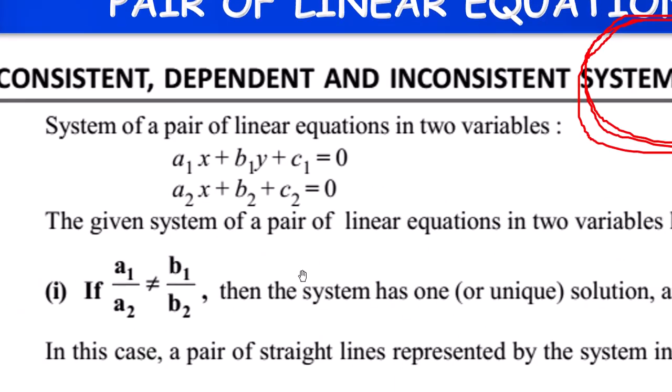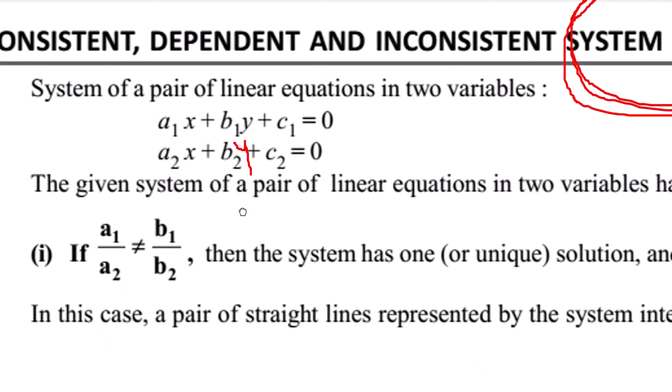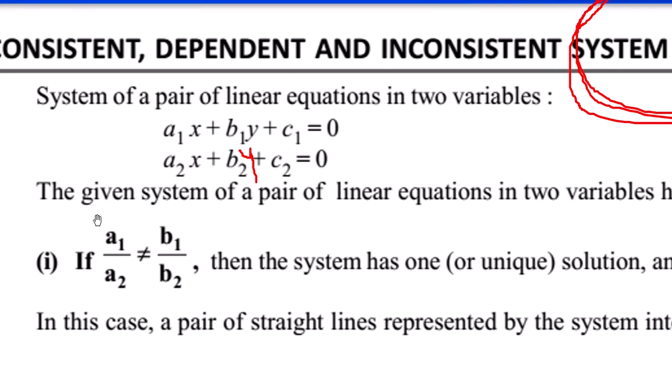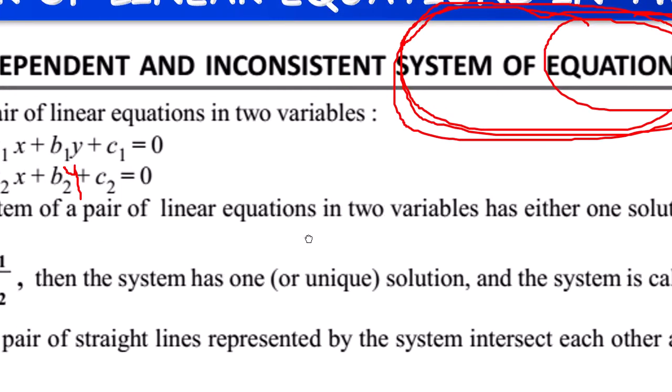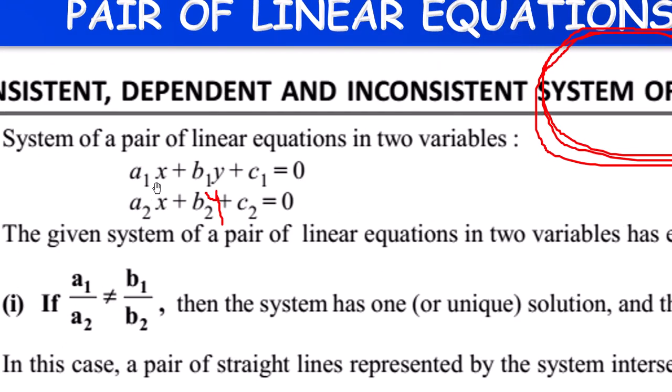Suppose we have a pair of linear equations in two variables such that a1x plus b1y plus c1 equals 0 and a2x plus b2y plus c2 equals 0. If we try to find the solution for these two equations, the